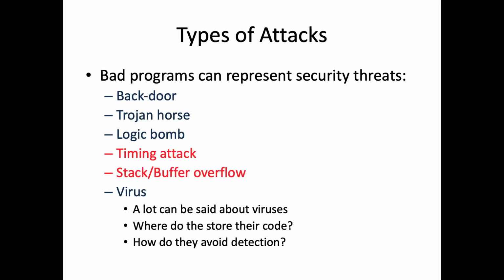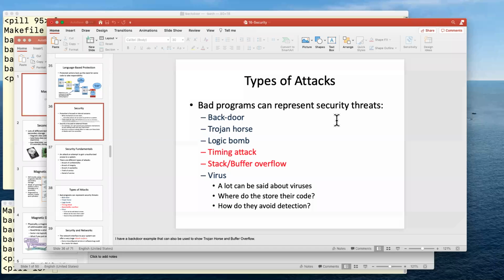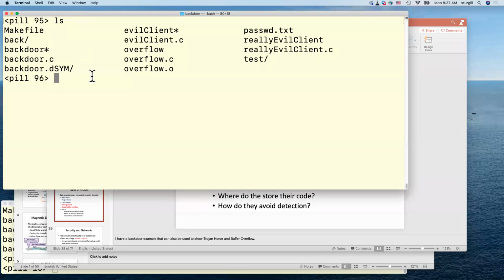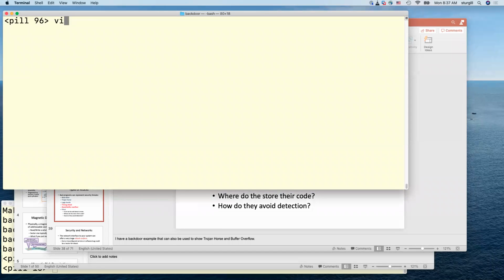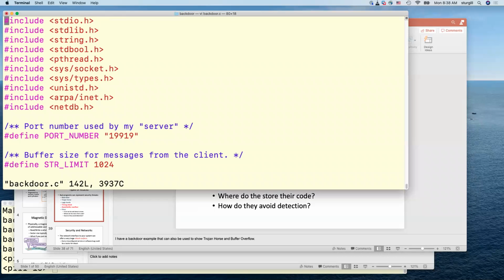I want to talk through these, but to make it more fun to talk through some of them, I wrote an example. I wrote one of those deliberately bad programs, and it's called backdoor.c. And no surprise, it's supposed to exhibit that backdoor attack that was listed on the slide, but this is the first time we talked about it. A backdoor is a deliberately malicious piece of code that is left inside an otherwise legitimate service.